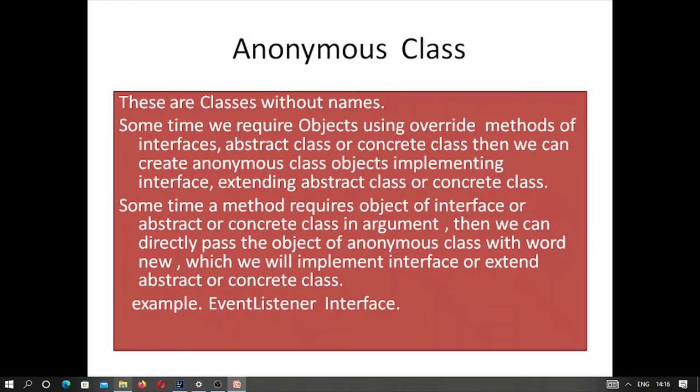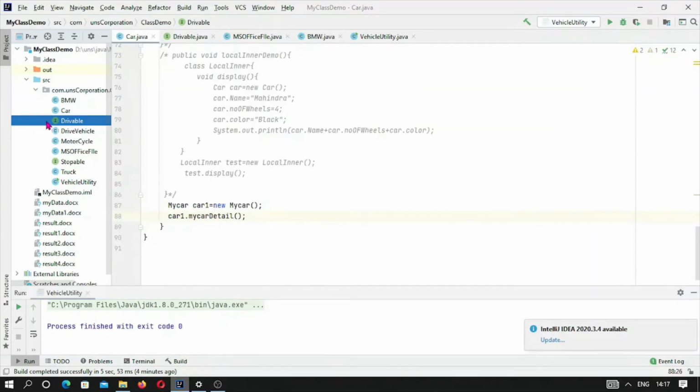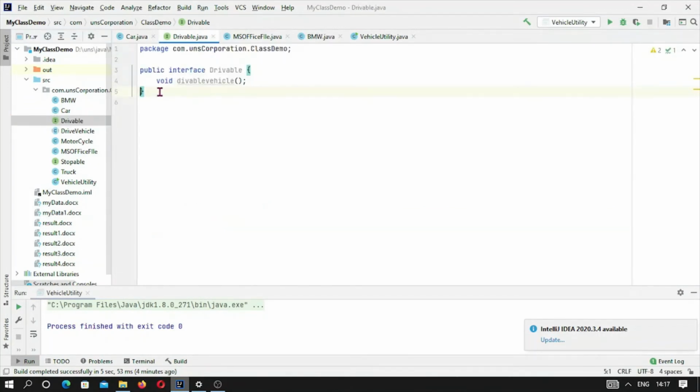We will use the override method of our interface and do the required things for a button.